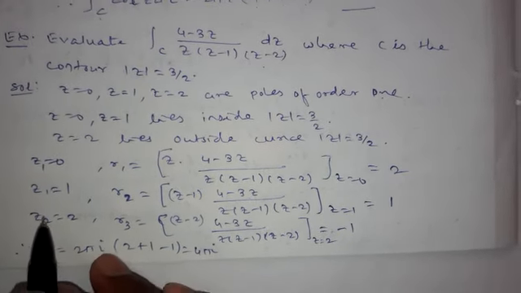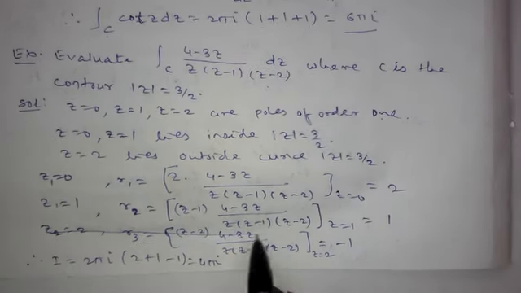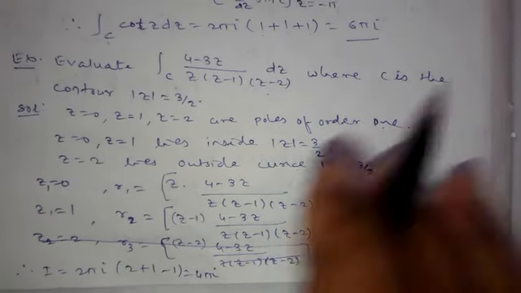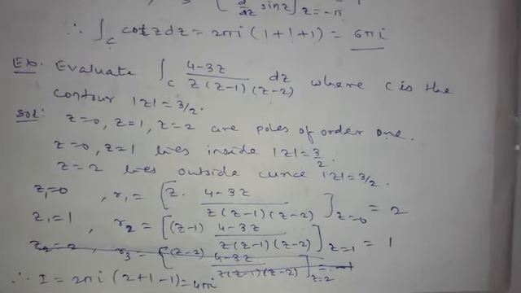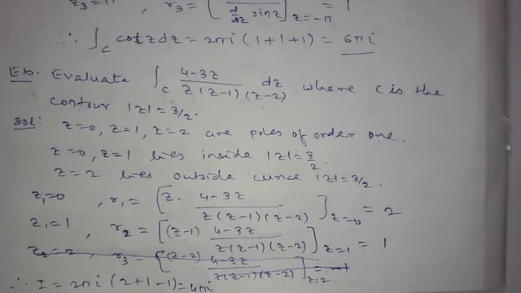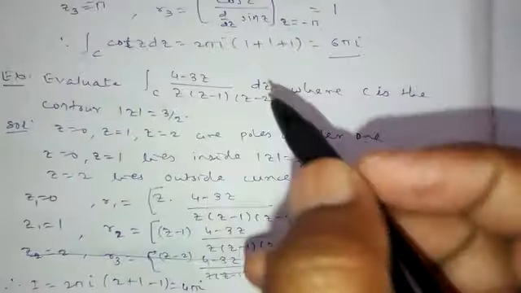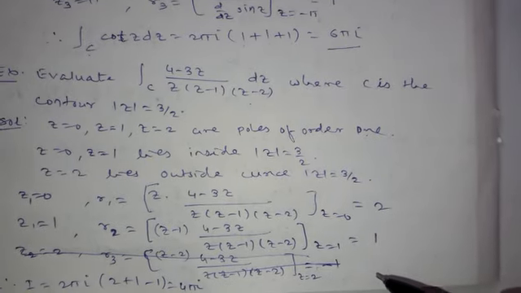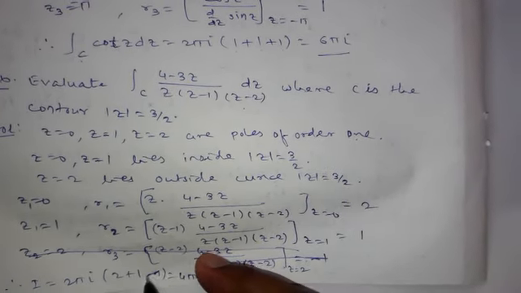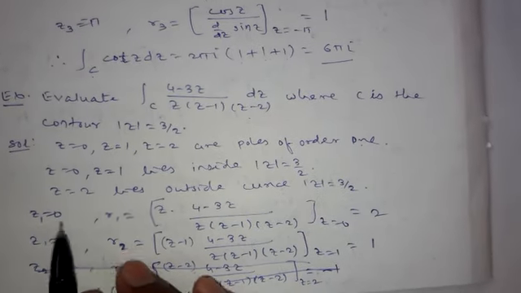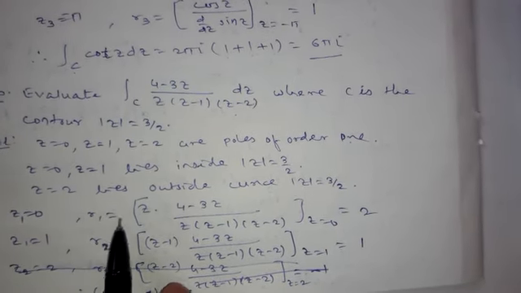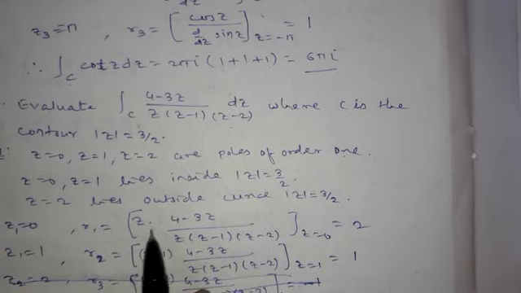So z equal to 2 lies outside, and we are not going to find the residue for it. Clearly, if the question is only to find residues instead of the integration, then we have to find it. Otherwise, not. Now for the first point z equal to 0, I get R1 equal to